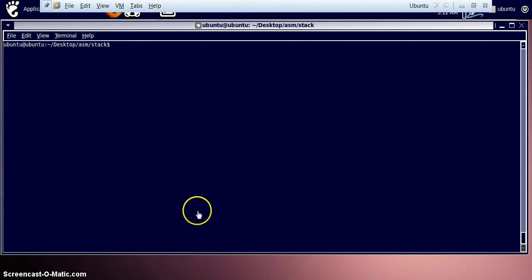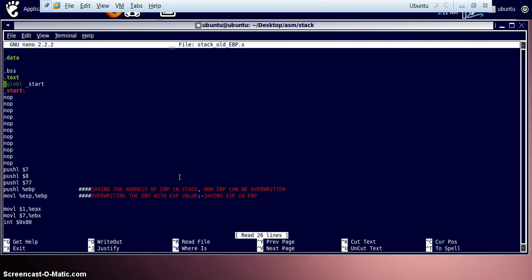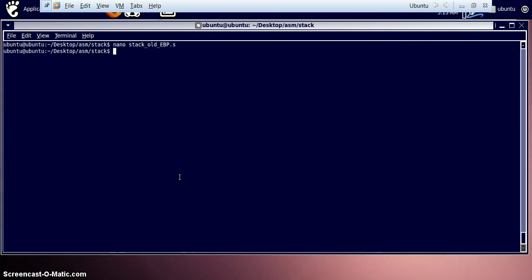Okay, friends, welcome back to the second part, where we were stuck at this program. I just included one more instruction, pushing the base pointer onto the stack, so that we don't overwrite the base pointer, which is already holding some value which is critical in the program. So let's